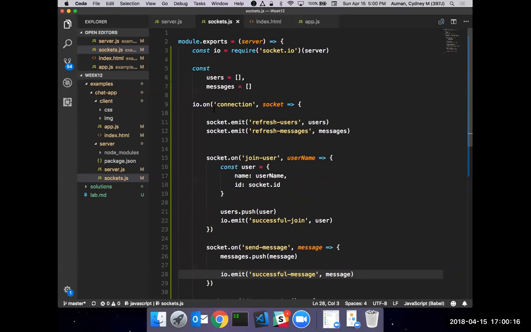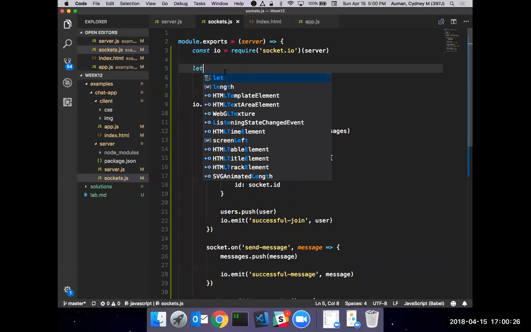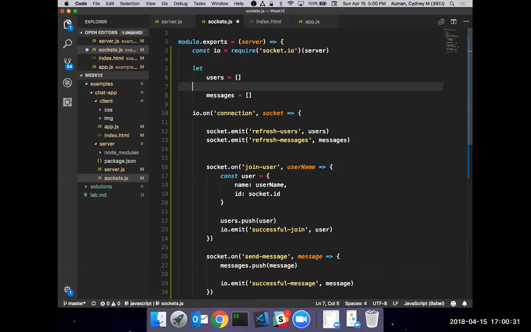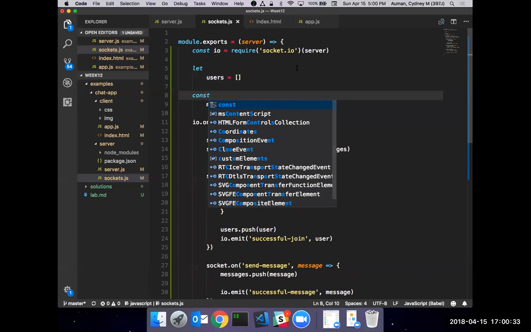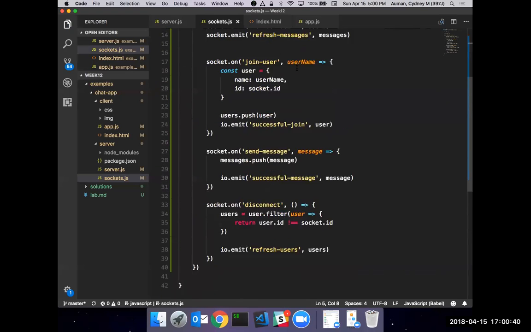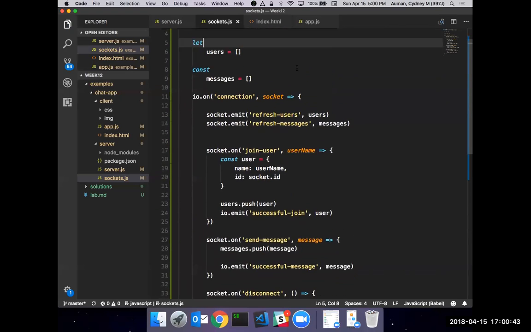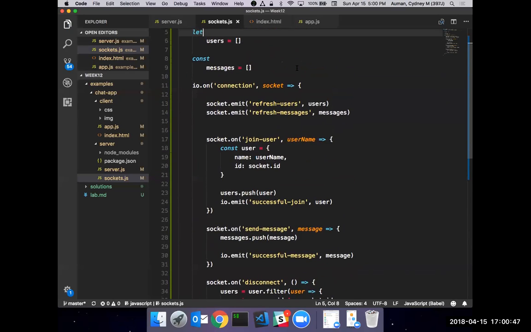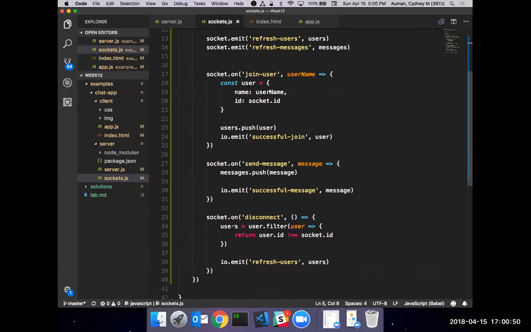Okay. Well, at this point, I can no longer use const. Since this seems to be a perpetual problem with people not understanding, you need to use let, because I've reassigned it. So even though I've been pushing and popping and all that, I could use const all the way up until I decided to reassign it. Now I've reassigned it, so I have to use let. So my messages can still be const because all I'm doing is pushing, but my users need to be let because you can see there's a reassignment happening here.